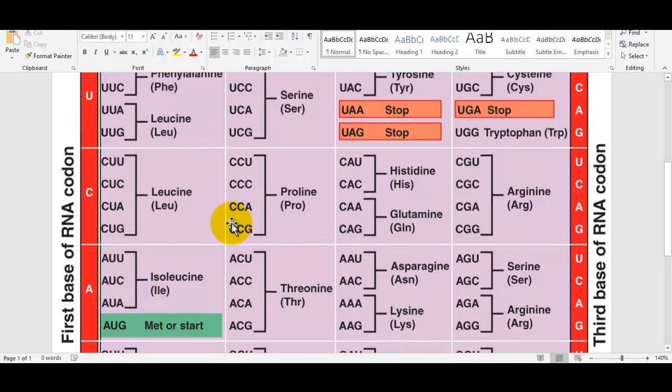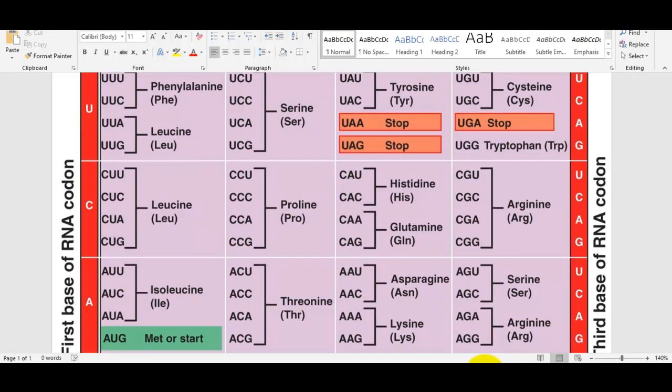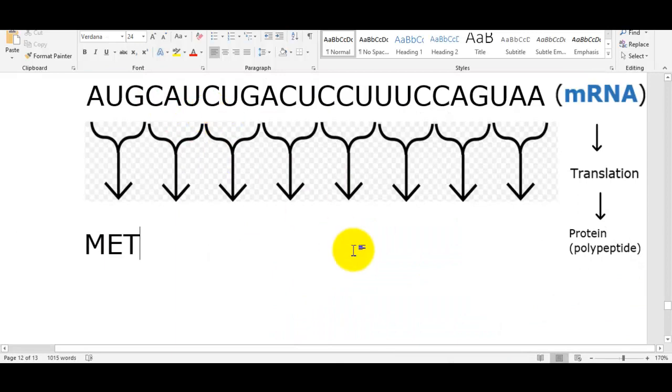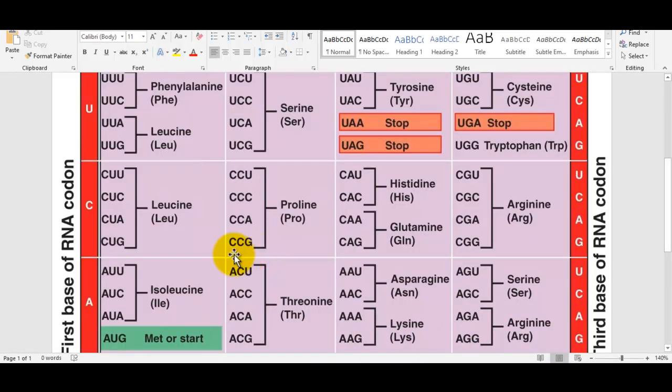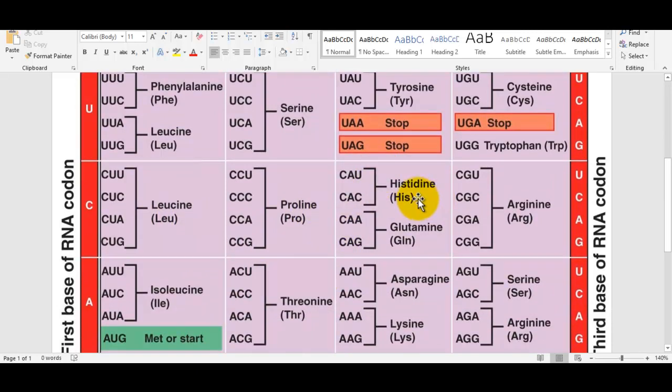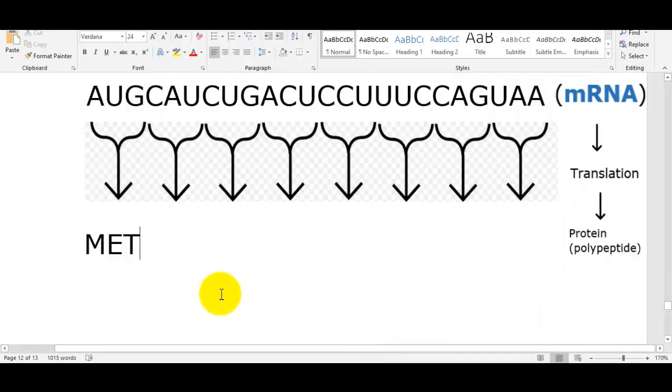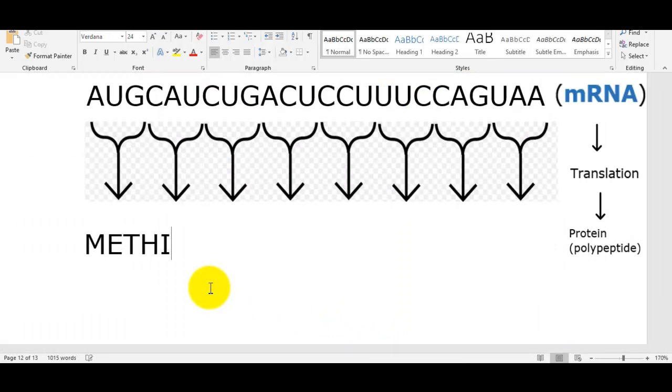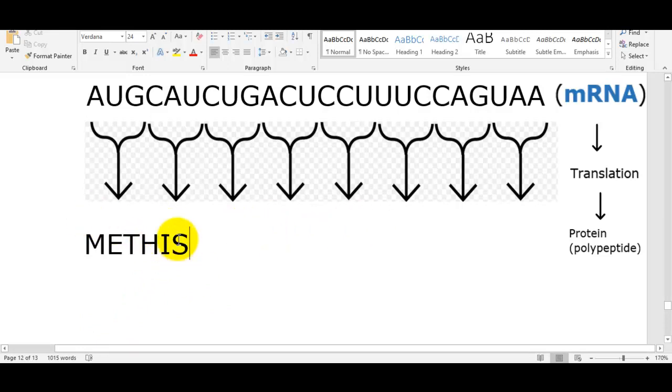going back to our chart, CAU, there it is, histidine, HIS, so it will bring it back to the site of the ribosome, and it's going to drop the amino acid in the sequence. These are transfer RNAs. So we're gradually building what is called a polypeptide. We're making a protein. The next three, CUG,